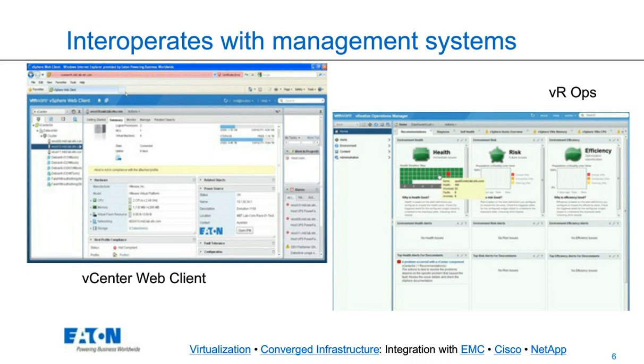On the right side, you're seeing a standard user interface for vRealize Operations. And as Chandra said, it does have a health, risk, and efficiency component. The little green squares under the health, each of those represents an application, a virtual machine, any type of device like a server or storage. And now they also will represent your power devices. So if you have a problem with the power device, the one green square that represents a power device will turn yellow or red.